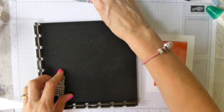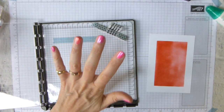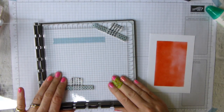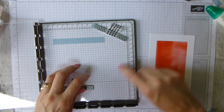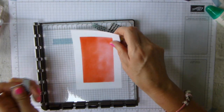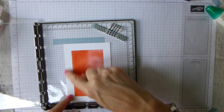Because the Awesomely Artistic is red rubber, I don't need this mat. And you'll notice that I take my magnets off and I put them straight back here. And I've cut a piece of grid paper so that I've got a surface here that I don't really care about much. And I'm going to just pop that on, and I'm going to line up with this straight edge here